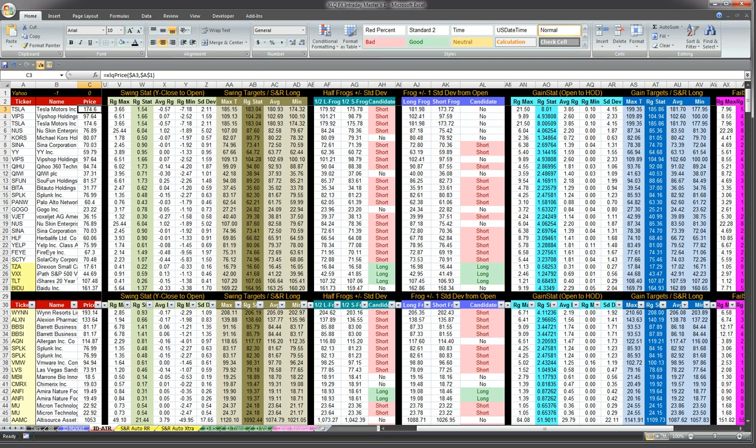So I can see it's a few cents below what it is now. But the average move is 180. So 174 versus 180, that might be worth holding. If my risk was $1